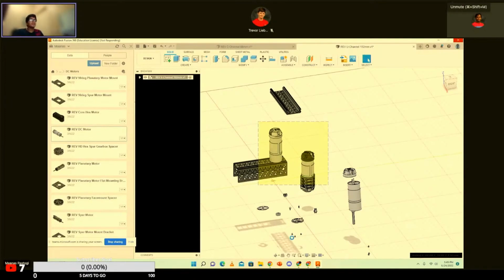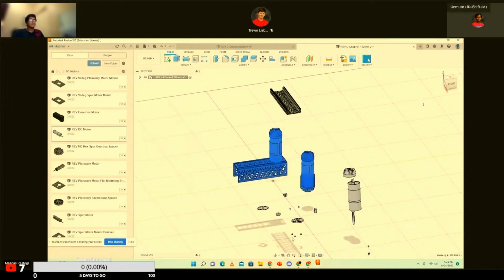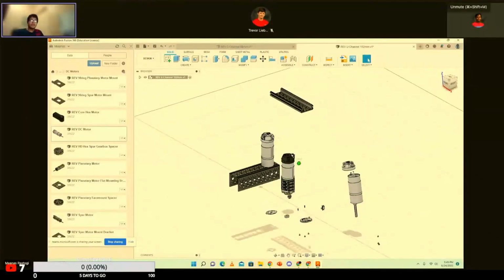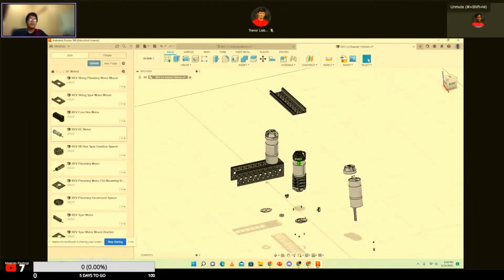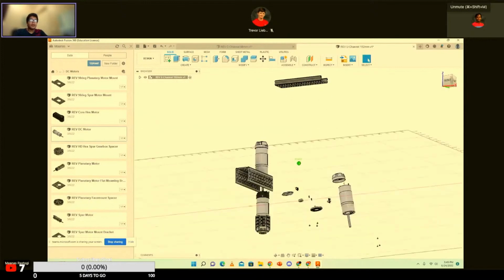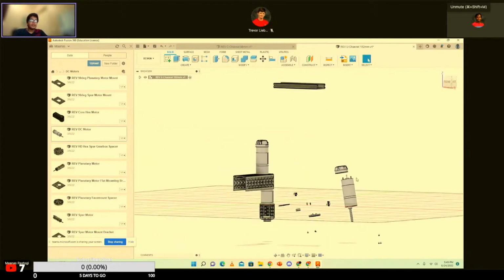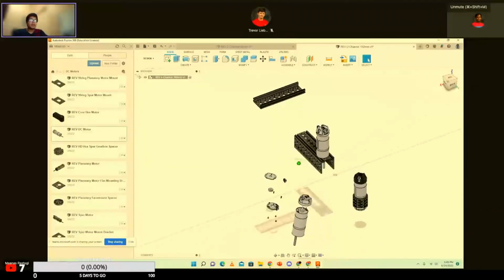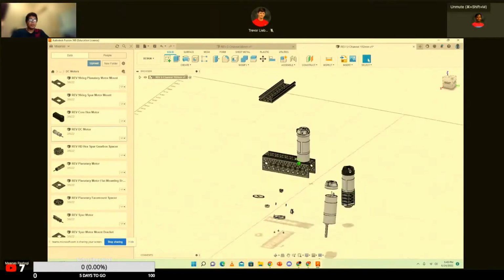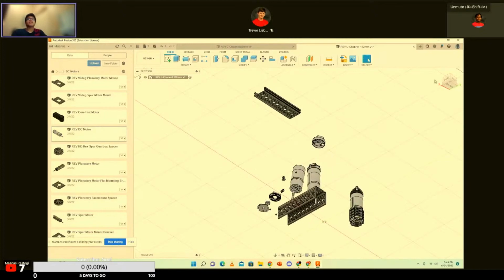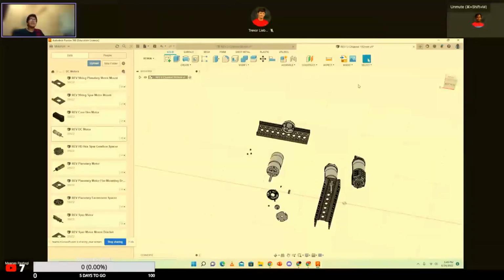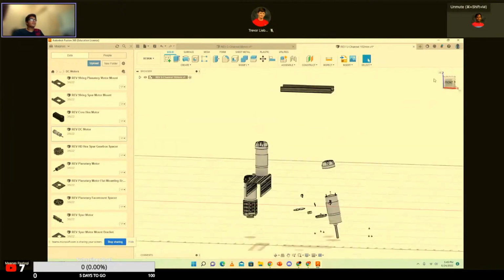Looks like my stream is frozen. Okay, here we go. So as you can see, all different parts of the motor, and that's really the cool thing about all these parts that are already CADed. You can really get a feel to see what these parts are made of, and what else this motor can do, right? So at this point, I would just say mess around with Fusion in terms of creating shapes. All these parts and stuff, we'll get into the next live stream about how to get them into CAD and all those things. But I think that's it for this part of the